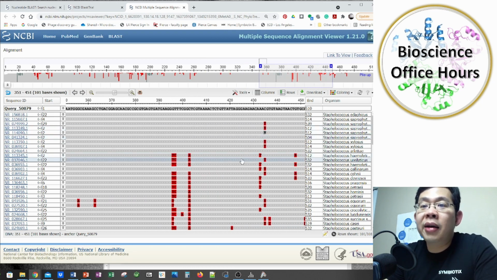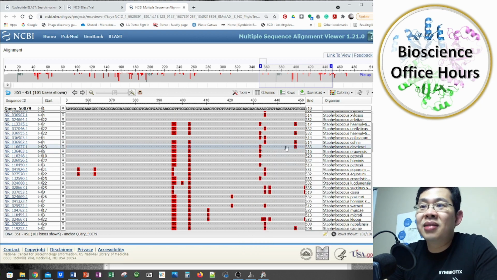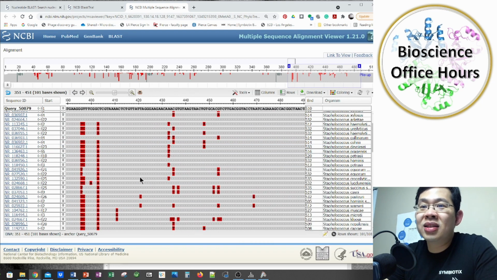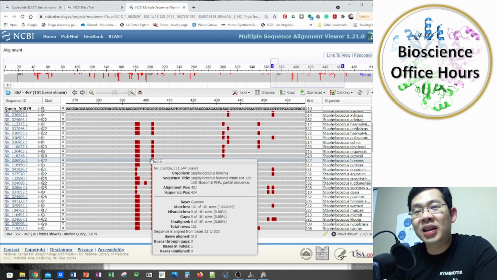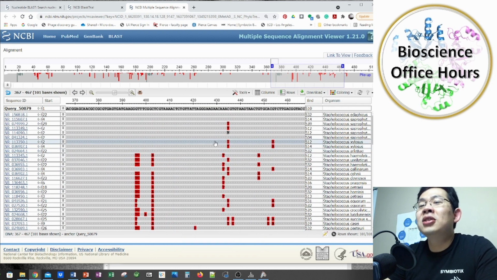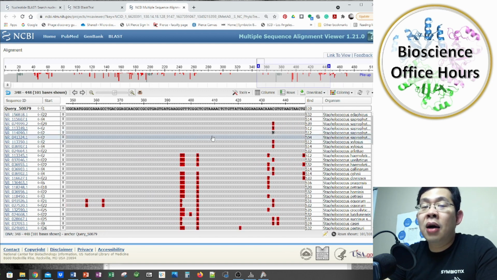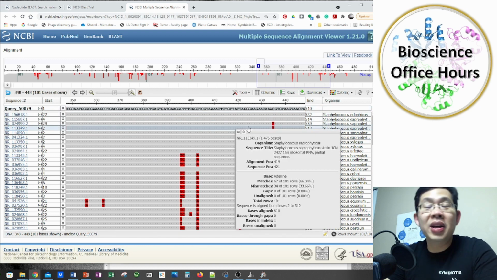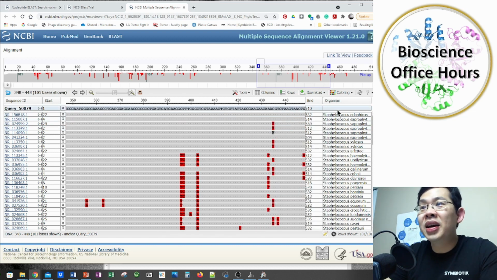But when you start seeing many positions that are mismatched, then you start to question whether your organism really is that species, right? So in here, basically, you see that our sequence, the one that comes from the organism that we have in the lab, even though we thought it's Staphylococcus epidermidis, it's actually Staphylococcus perhaps